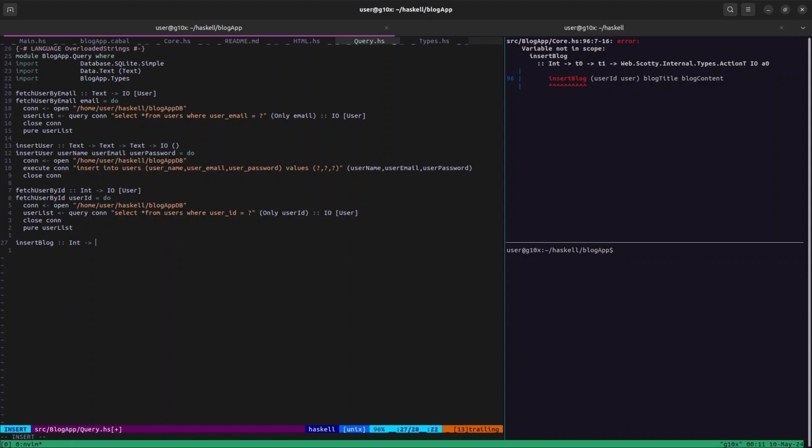It will take an integer, it will take a text, and it will take another text, and it will return nothing, which is going to be IO unit. Insert blog, user ID, blog title, and blog content. So it's going to be an execute query, insert into, very much like insert user. I go here, I'm going to open the database, I'm going to close it, inside of which there will be